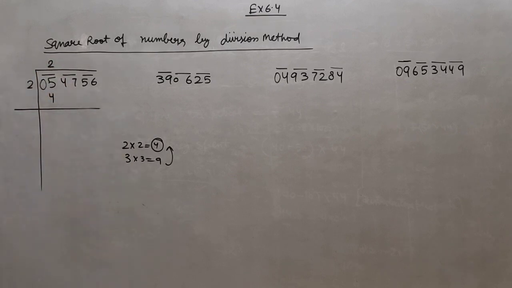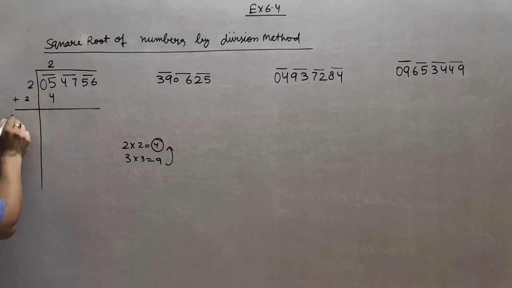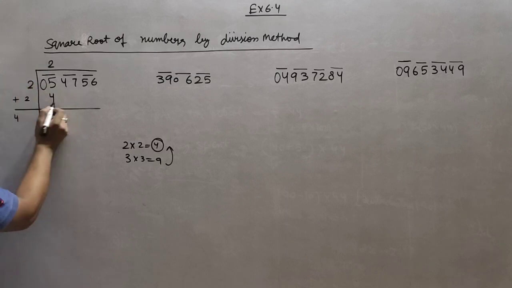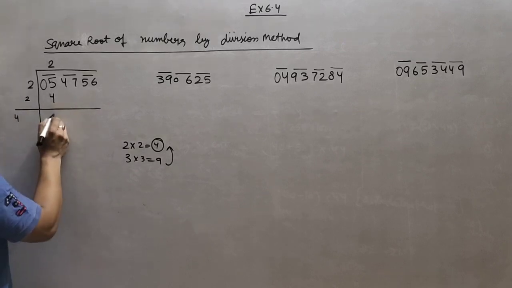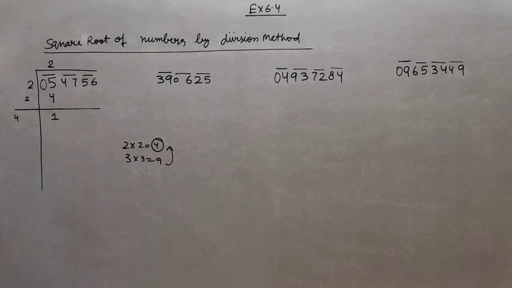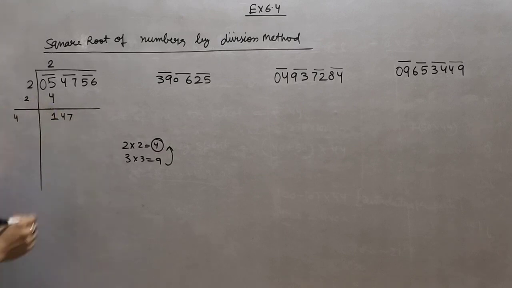See, right? Now, 1, 2, we will write here also. What we will do: these two we will add, and the product of these two we will write. Means the product of these two we will write here, and the addition we will write. Clear? This was the first step. Now we will subtract, as we do in division also. And what is the next pair? The next pair you have to note down.